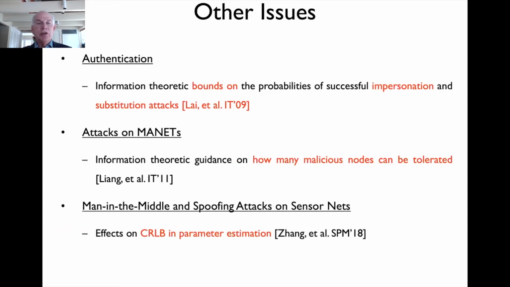Okay, well, I just very briefly mention a couple of other issues. I won't go into any of these in depth, but we can look at other security primitives. I've talked about this privacy utility trade-off and about data transmission, but there are all kinds of other things we can look at: authentication, and issues of malicious nodes, either trying to eavesdrop in an ad hoc network or to induce some kind of spoofing or man-in-the-middle type attacks. These are things that have been looked at using information theoretic methods. Again, since I'm about out of time, I don't think I'll go into any of these in depth. I'll share the slides and you can look at some of these later if you're interested.